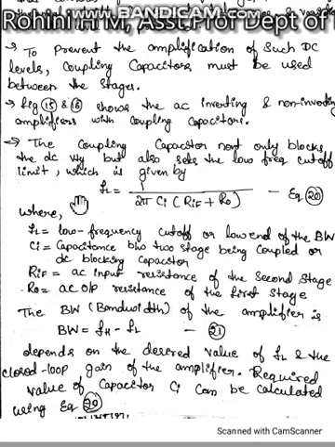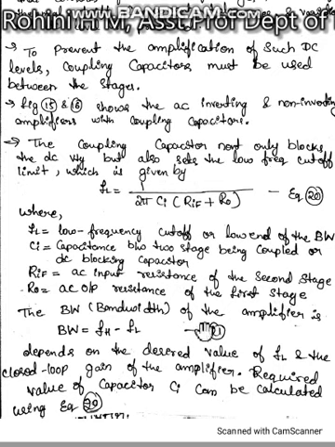The coupling capacitor not only blocks the DC component, but it also sets the frequency cutoff limit. This is given by FL equals 1 over 2 pi Ci (RIF plus R0), where FL is the low power cutoff or low end of the bandwidth, Ci is the capacitance between two stages being coupled or the DC blocking capacitor, RIF is the AC input resistance of the second stage, and R0 is the AC output resistance of the first stage.